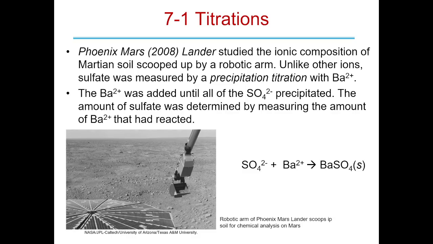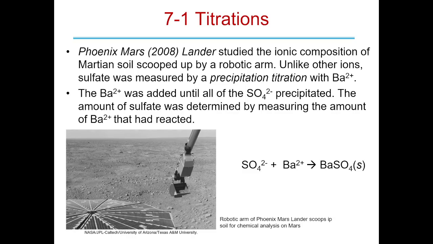So this is the Phoenix Mars 2008 lander. This studied the ionic composition of Martian soil by scooping it up by robotic arms. Unlike other ions, sulfate was actually measured by precipitation titration with Ba2+. And so that's how they get the sulfur amounts in that lander. Okay? I imagine that's probably about used up by now, but